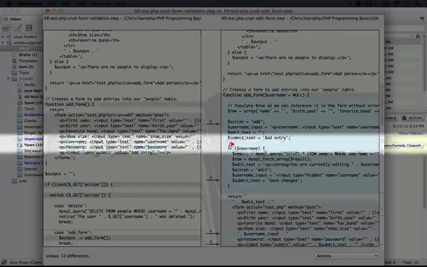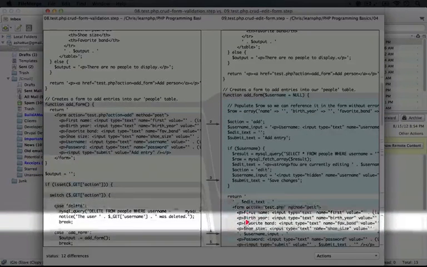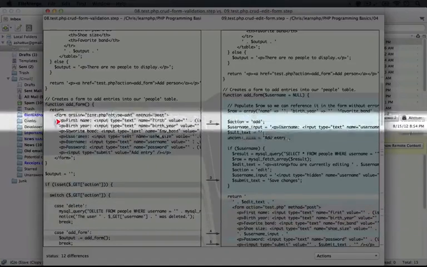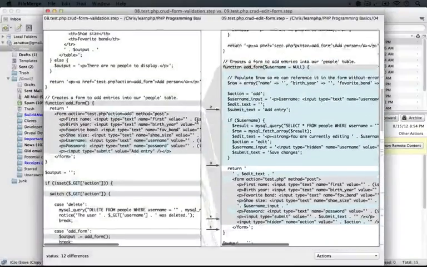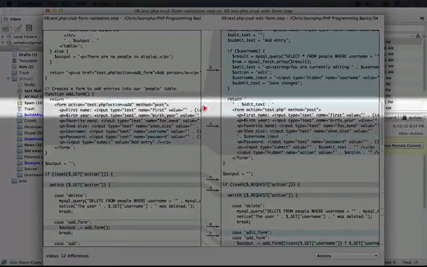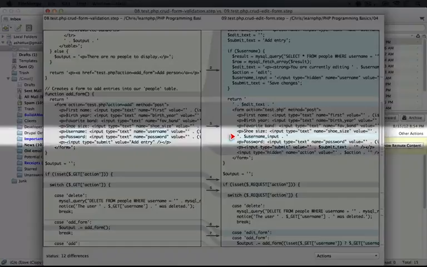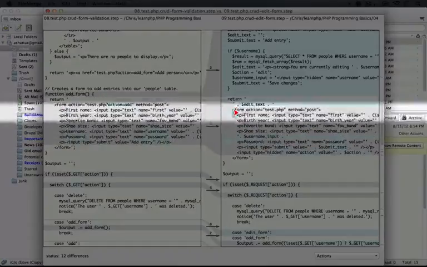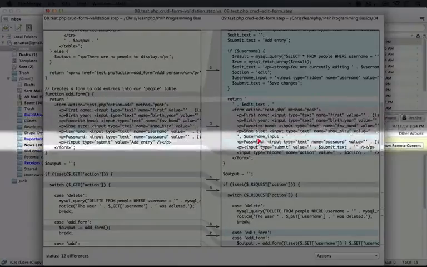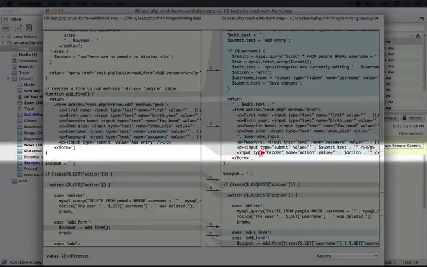So notice we're adding some logic here, and then we're starting to build our form. You see that the gray over here aligns with the gray over here. If we scroll down, you can kind of see these lined up with one another. The actual form itself is pretty similar. We have a couple of blue parts which indicate a difference. We have edit text up here, we have username input here, our submit button might be a little bit different, and then we have this hidden input here.